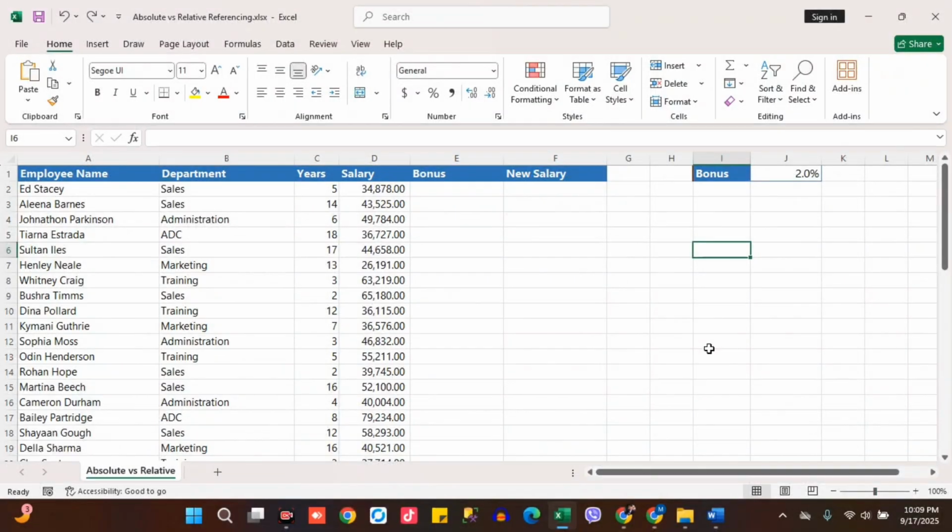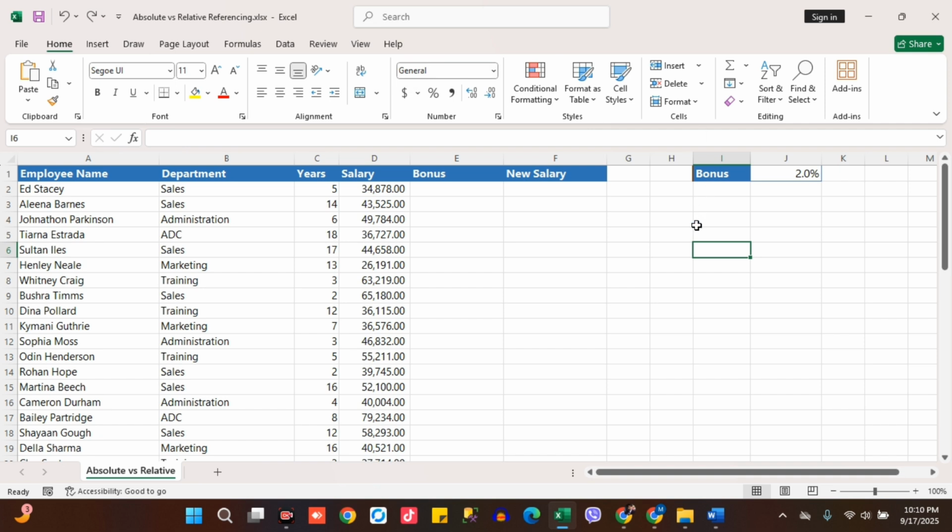One of the most important concepts to understand when you're learning Excel is the difference between absolute and relative referencing. And I did mention this briefly a couple of lessons ago. And it's worth noting that by default, Excel uses relative referencing. So let me show you a very quick example of relative referencing, and then we'll dive into absolute and why